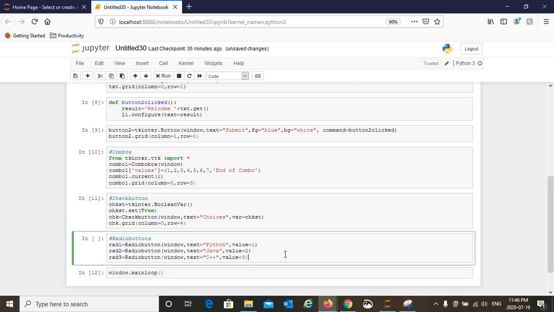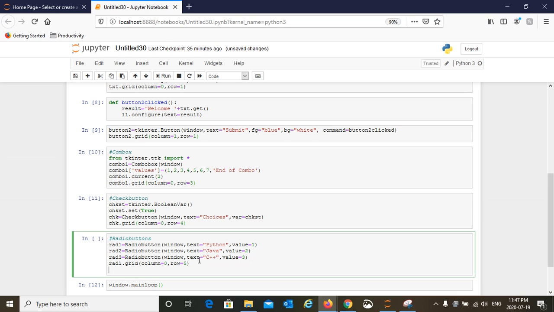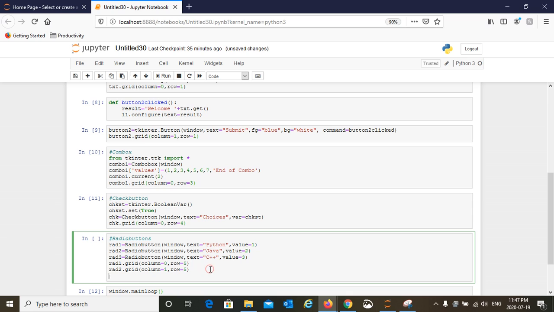And now we put the position of these radio buttons on the canvas. Okay, dot grid, column equals 0, row equals 5, and then same thing, radio button 2, column 1, and radio button 3, column 2.